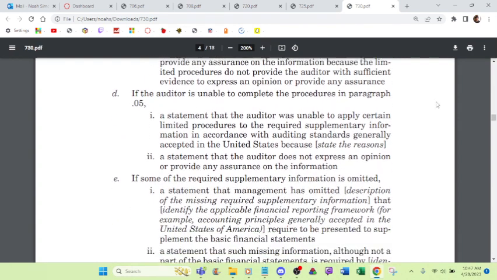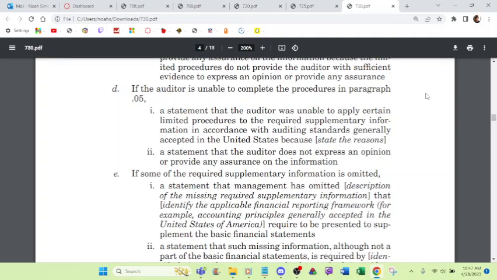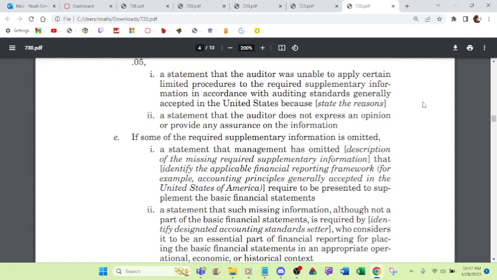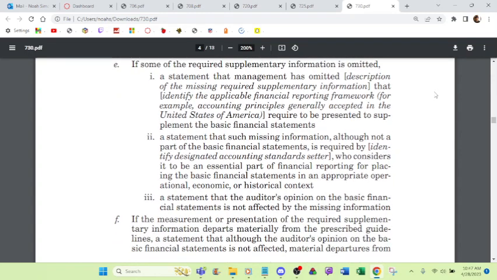The auditor is unable to complete the procedures in paragraph 5. A statement that the auditor was unable to apply certain limited procedures to the required supplementary information in accordance with auditing standards generally accepted in the United States because of the stated reasons. A statement that the auditor does not express an opinion or provide any assurance on the information. If some of the required information is omitted,